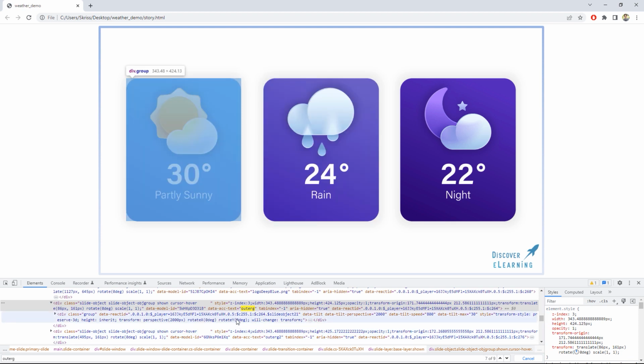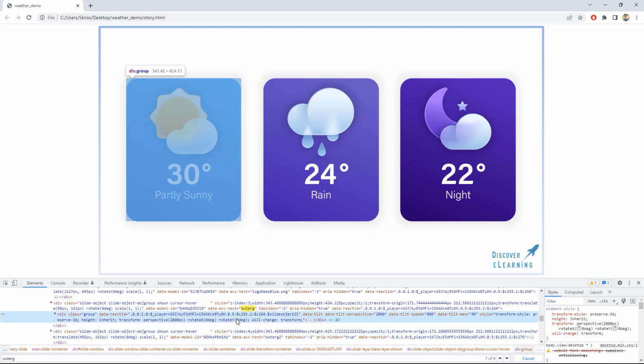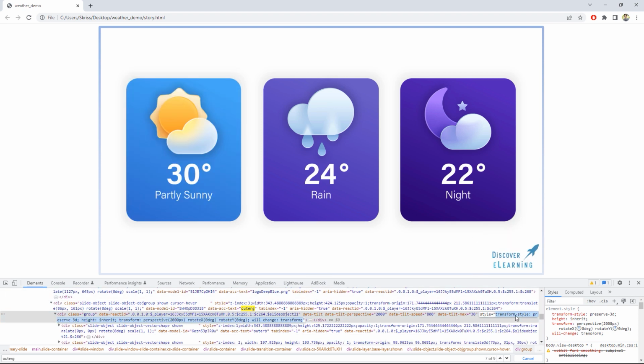As you can see, the way that we can get around this is to instead apply the dynamically edited values to the group div within our data ACC text assigned div above. So this value will remain untouched, and we will instead use a div without any pre-existing translate values to affect the rotation. And this all seems to work fine.